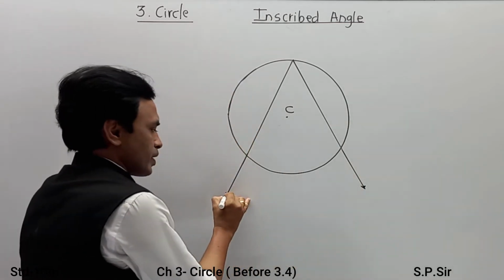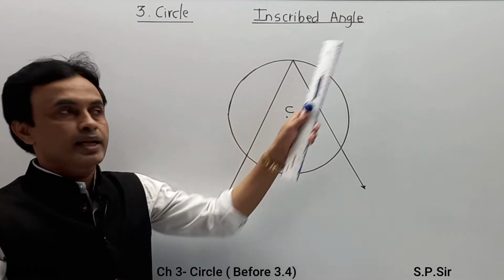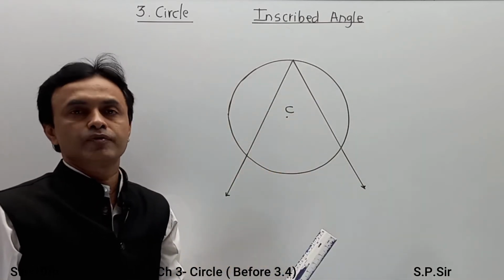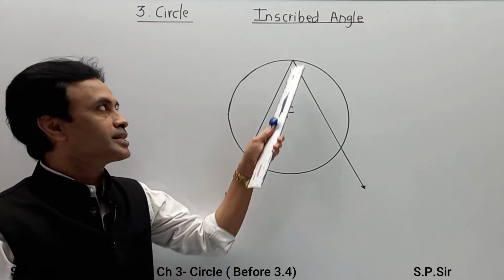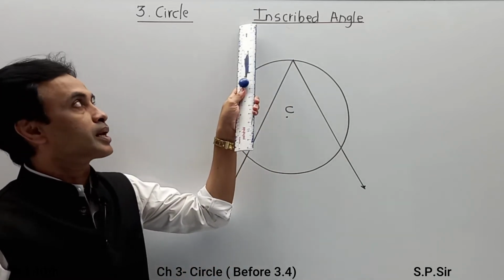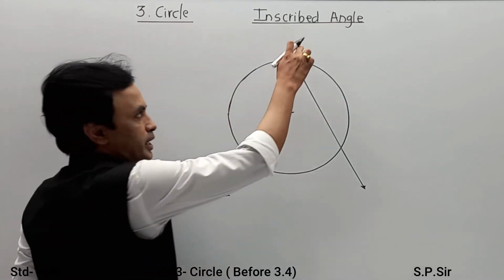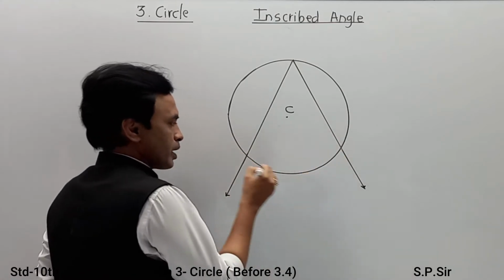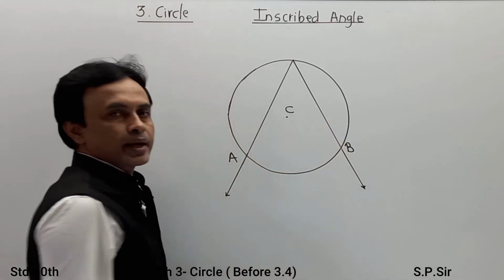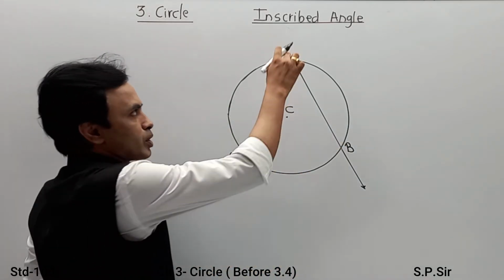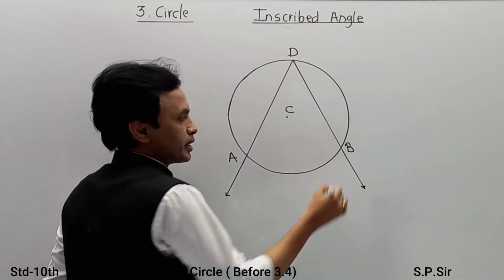Now, as we have drawn one angle over here, first of all, the rule is that for an inscribed angle, this angle must be formed on the circumference of the circle. It is not valid inside or outside when you describe an inscribed angle. I repeat, inscribed angle. Now, for this curve, I am going to call it AB. So this AB will be my minor arc, and to highlight this part, I am going to indicate A, D, B.